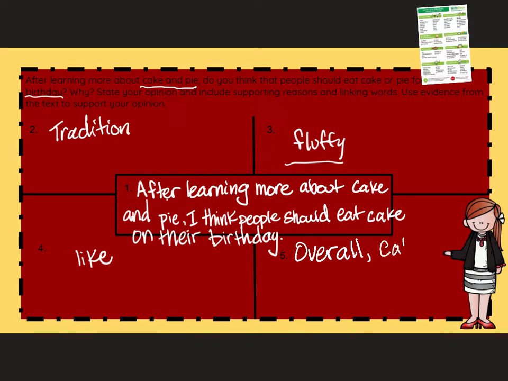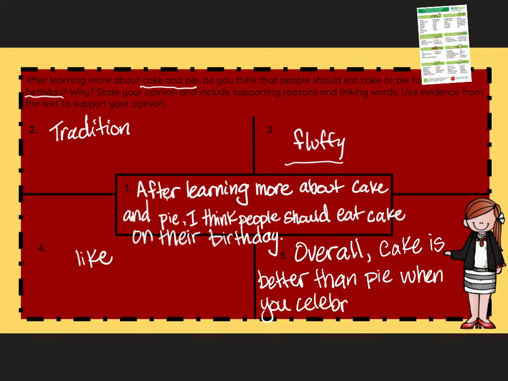Overall, cake is better than pie when you celebrate your birthday. Period. All right, so let's go ahead and get started on our 3